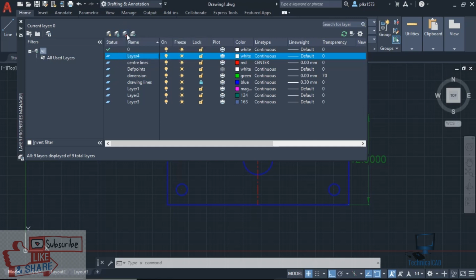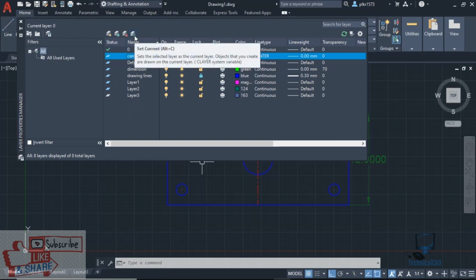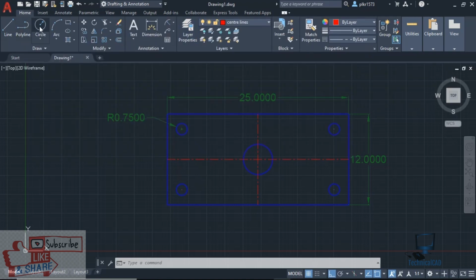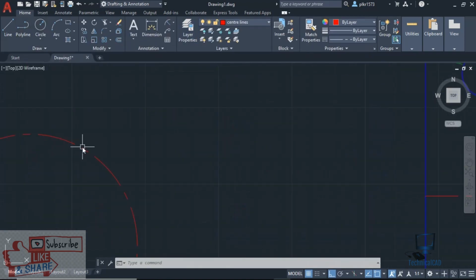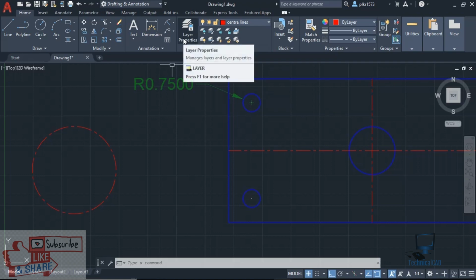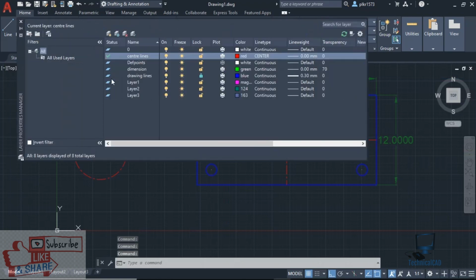And next we can delete, so I will delete that. And next is set current. Set current is for whatever drawing you make. Suppose I set current my center line and close that. So whatever drawing I draw will come in center line only. It will not come in the default layer because we have set the center line layer as the present layer. That is the concept here. I hope you understand this.